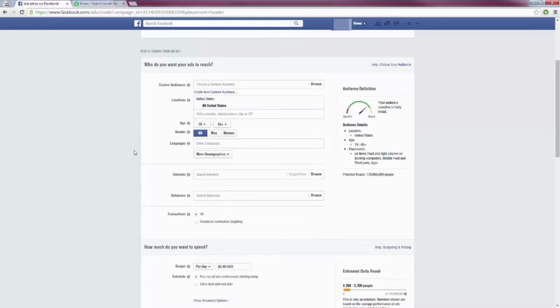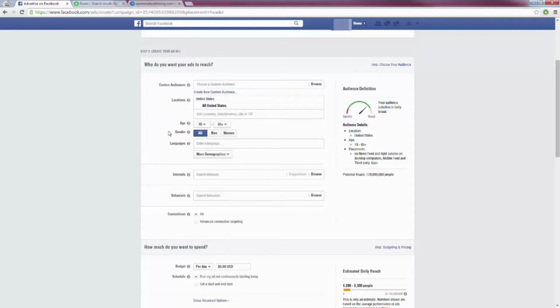Now, first up, we need to choose our audience. If you aren't sure who your audience is, no problem at all. We're going to figure that out. And that's also the point of these ads: we're going to do a lot of testing and find out which audience is converting the best for us. So for locations, we need our location, we need age, we need gender.